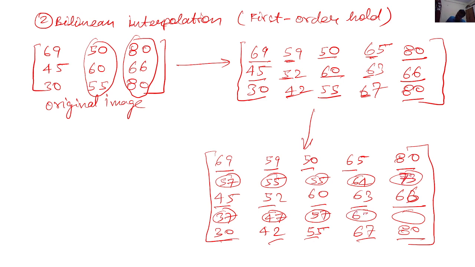63, 67 would be 65. 63, 80 would be 73. So that is how we get into a 2x resolution, by the way. This is the final zoomed image